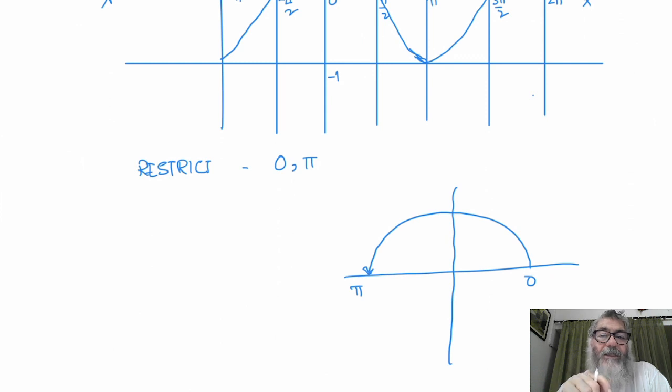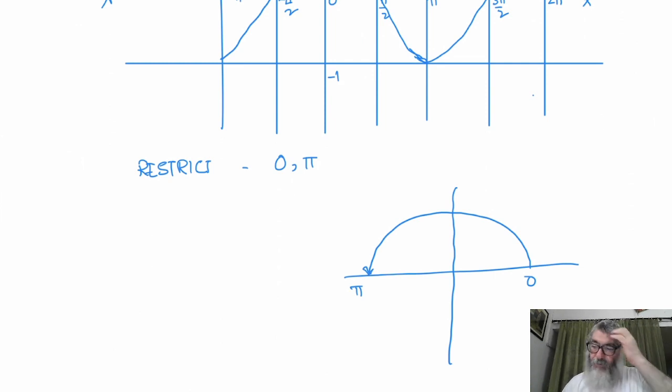Like we restricted sine inverse x to the first and fourth quadrant, here we are restricting it to the first and second quadrant. Some people will again ask that can we put it into some other quadrant so that we get plus minus? Yes, you can. But the convention of defining is like that, so we'll do that only.